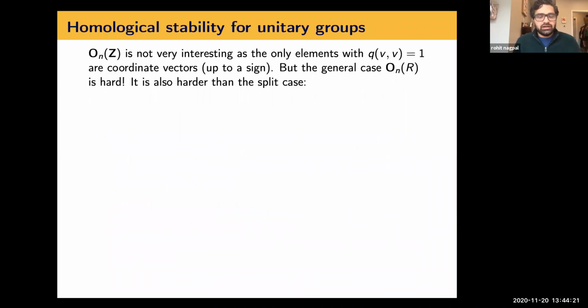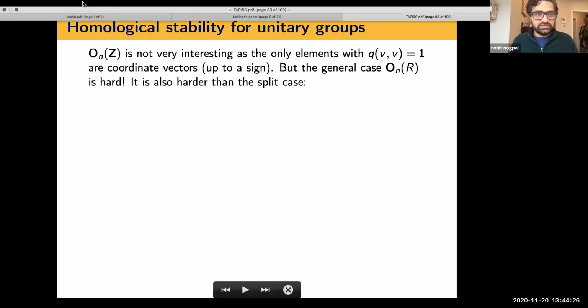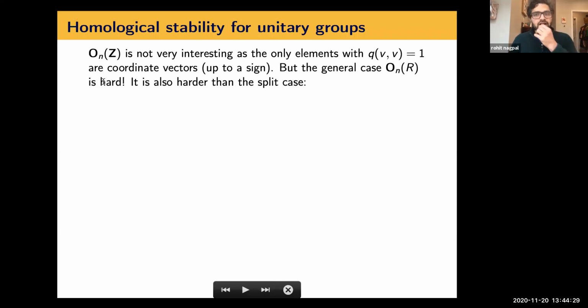Okay, now let's get back to the case when we do not have a lot of elementary matrices, and what we can do in this case. So here is an example. We take O_n(Z), Vogtmann's result, which was not very interesting because it's a finite group, because there are just n factorial times 2 to the n many such vectors that you can have. So it's a finite group, right? So it's not very surprising, but in general O_n(R) is pretty hard,